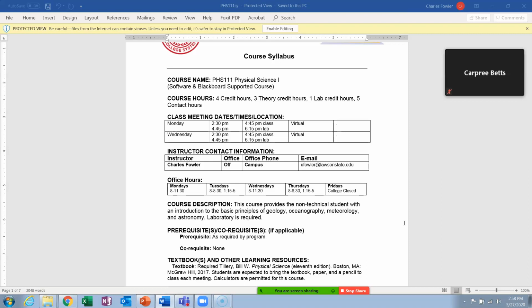If not, try to get in touch with the bookstore manager. His name is Mr. Dan Fitz. So Dan Fitz, Fitts, or dfitz@lawsonstate.edu. That would work too. It's dfitts@lawsonstate.edu. And see, because he had some of these books probably in the bookstore, and he can probably arrange to either mail it to you, ship it to you.